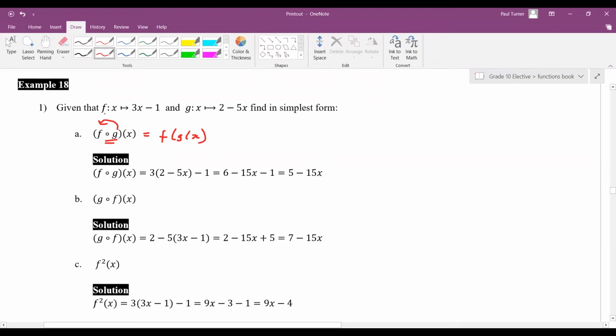Now, again, this is your notation for function. I don't like it, so I'm going to change it to f(x), which is 3x minus 1, okay? And then g(x), which is 2 minus 5x. Okay, so the first one, it's all written here, so you don't need to copy this. I'll just explain. So we want to do fg